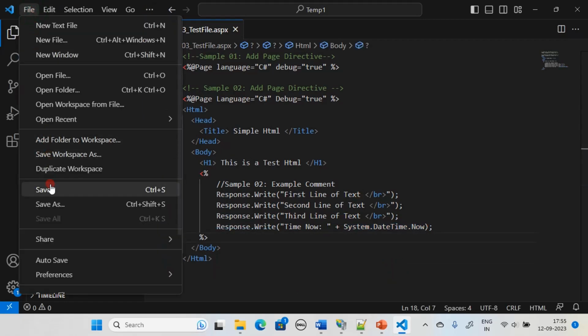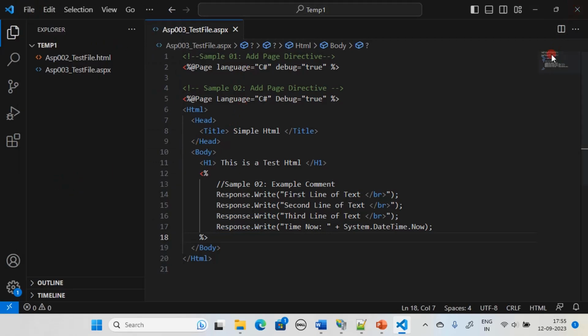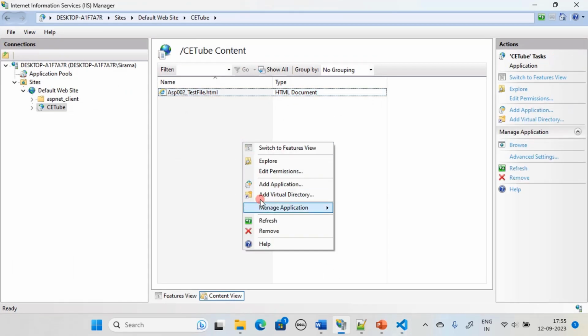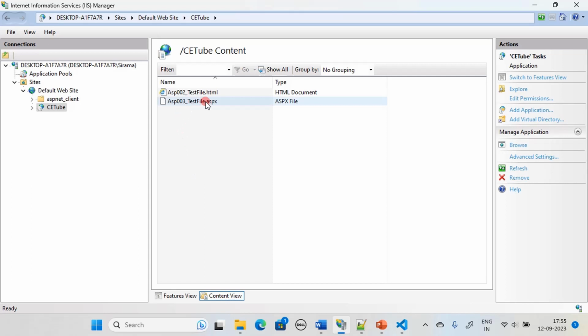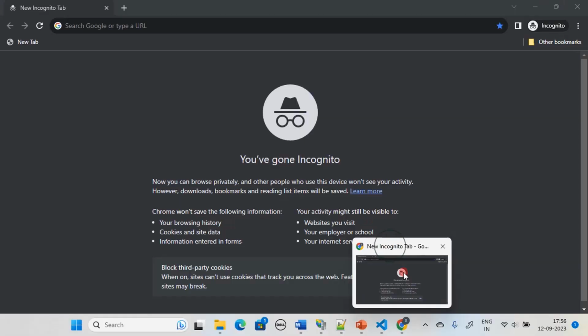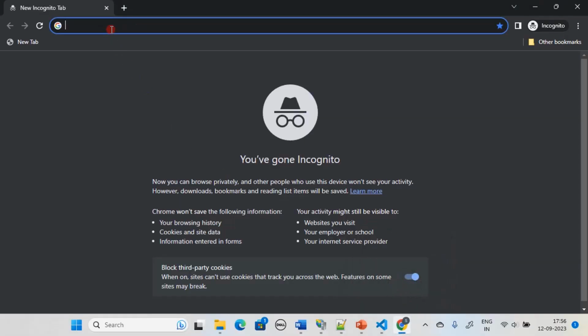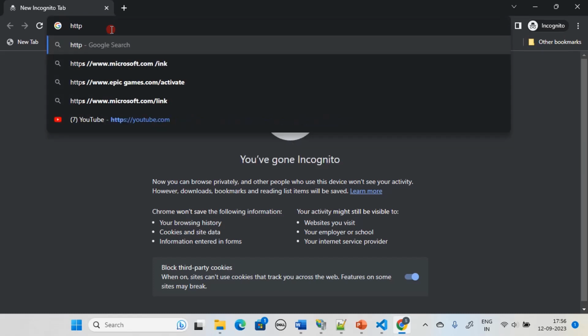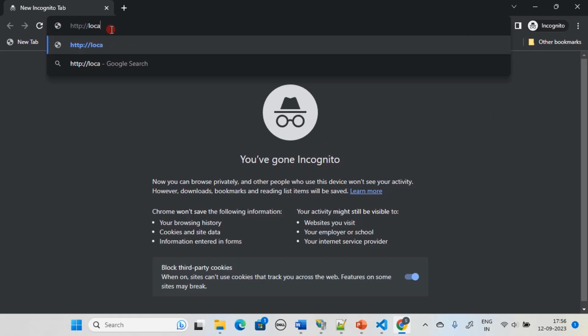So code is ready. You can click save here and go to IIS, and once you go for refresh, you will see the ASPX file also. So this ASPX file is a server-side script file, and we will open the Chrome. So here we've opened the Chrome browser, and we will type HTTP localhost, and we know our virtual directory name. It is ctube,